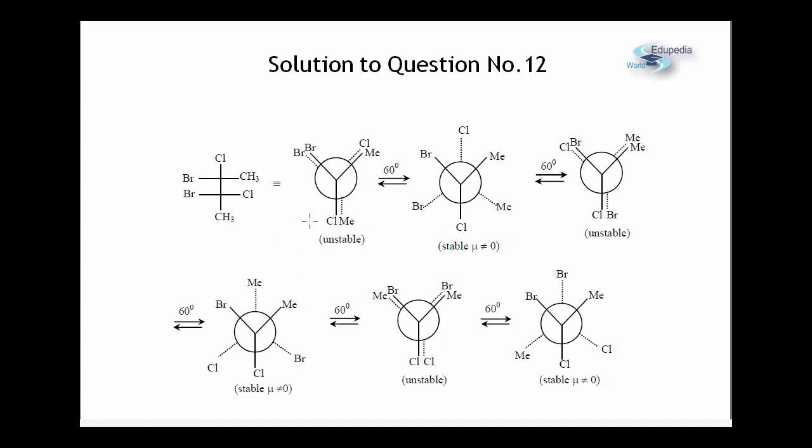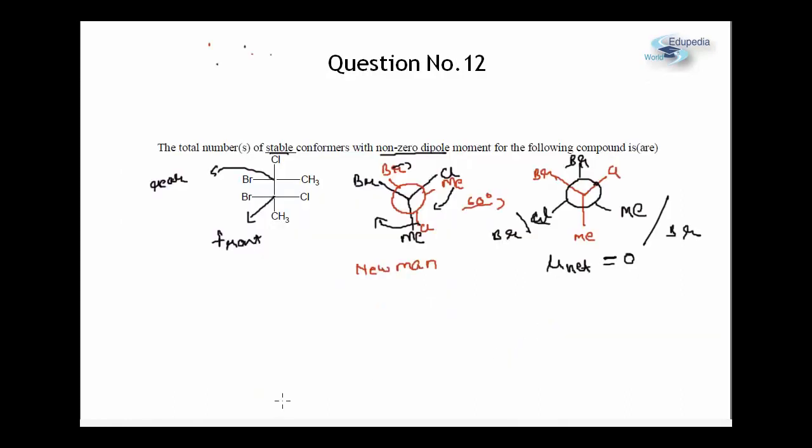If you just happen to look at them one by one, this was the configuration which we had drawn initially. On rotating it by 60 degree, we get the first stable conformer, this is number 1, and then if you rotate it again, 2 times rotation by 60 degree, this will be your number 2 and this will be your number 3. So these are the 3 different conformations which you are going to get, and the correct answer for this particular question therefore would be 3, right?